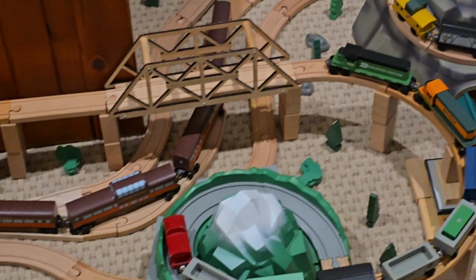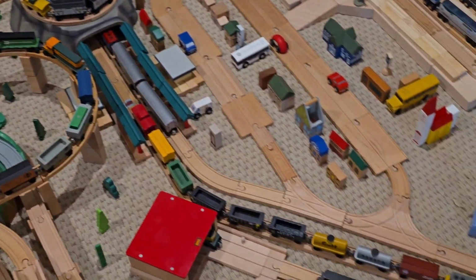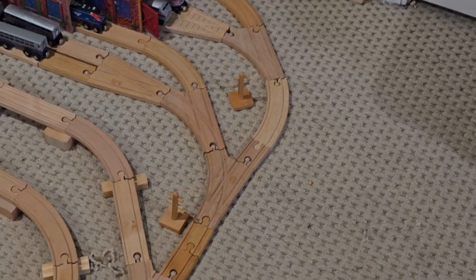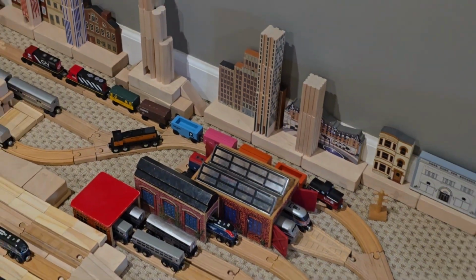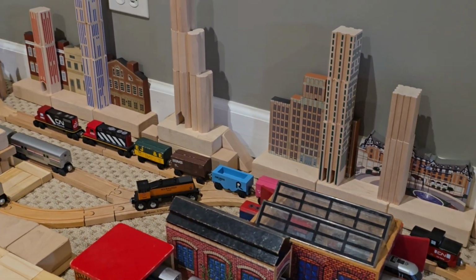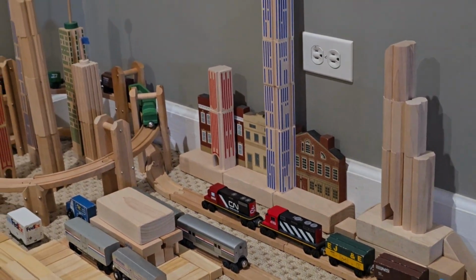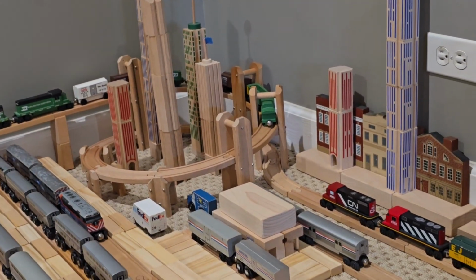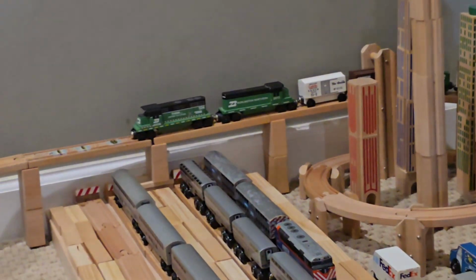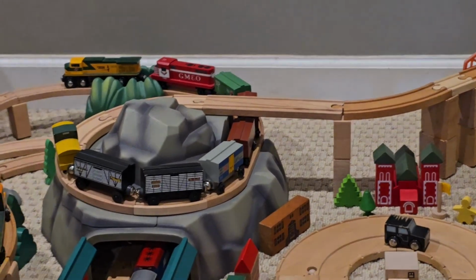So, if you follow the main line into the city, pass through the suburb, and keep going beyond Union Station and beyond the engine terminal, you head around the back where you have all these skyscrapers, which is supposed to be the city's skyline. There's a Canadian National train right there. And then you circle around the spiral, around the other skyscrapers, go over Union Station, over that bridge,